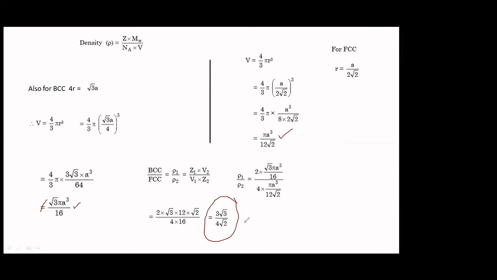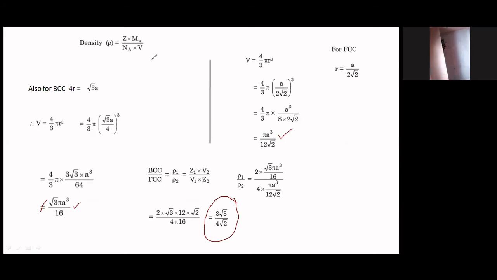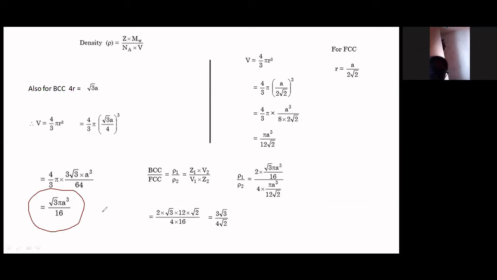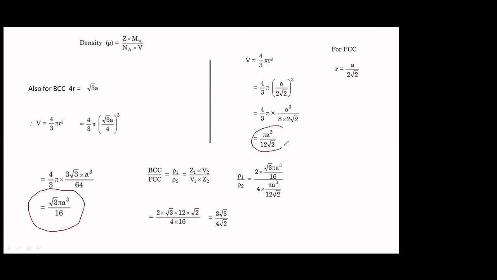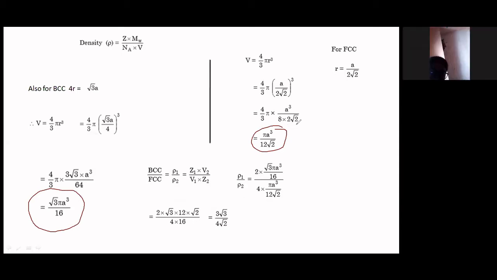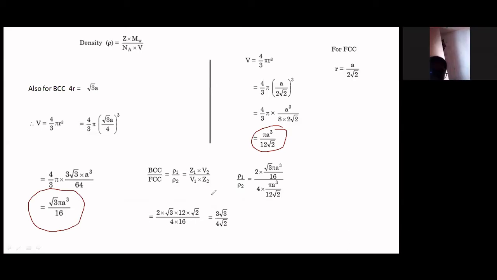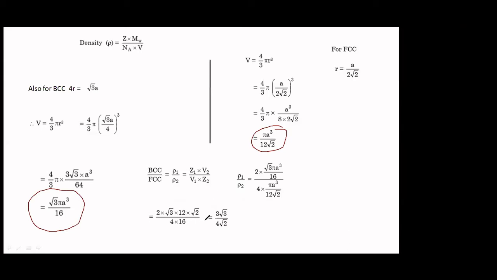Now sometimes they will simply ask you the density in terms of pi for BCC. You will have to identify the formula. FCC also sometimes they will ask. What is it for simple cubic? The density in terms of pi, I think you will get pi by 6. You can do it. So these are all the various ways of asking the same concept.